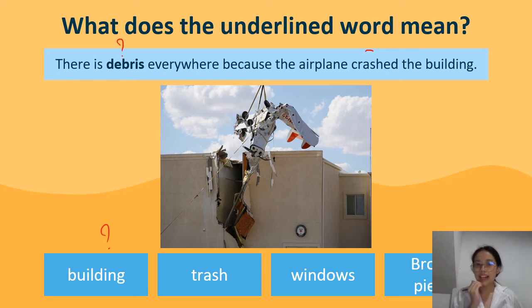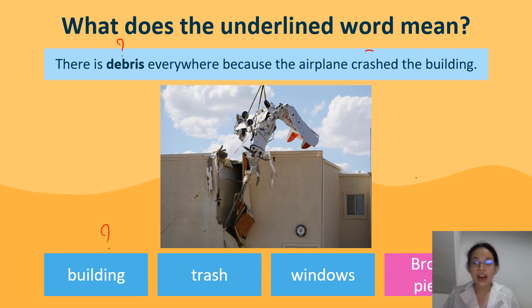Windows. There are windows everywhere because the airplane crashed the building. And the last one, broken pieces. Is it possible to have broken pieces everywhere because the airplane crashed the building? The answer is